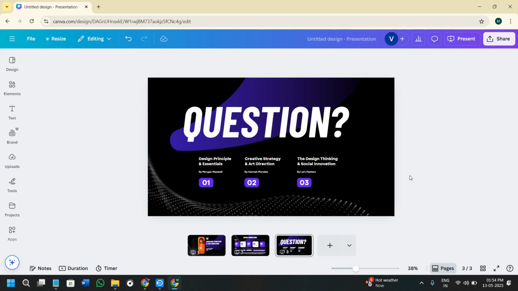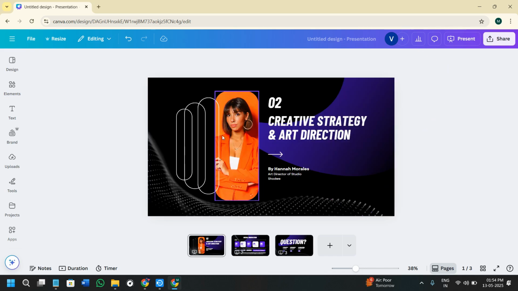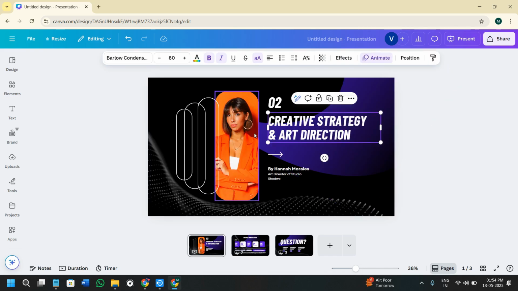Now if you have used any advanced animation feature, you need to double check that they are applied correctly. As I showed you previously, I have applied the animation on these two. Here you need to keep in mind that PowerPoint may not always support every type of animation that you add in Canva. While some basic animations like fade in and text effects will likely transfer, more complex transitions might need a bit of tweaking in PowerPoint later.